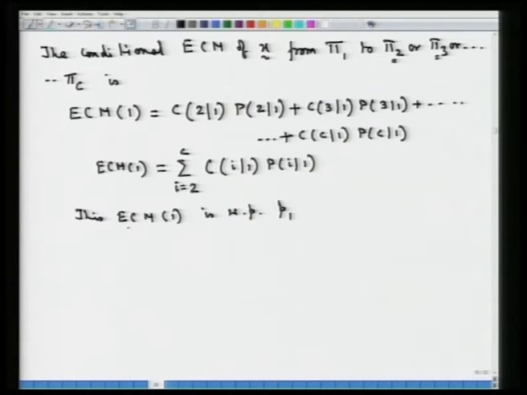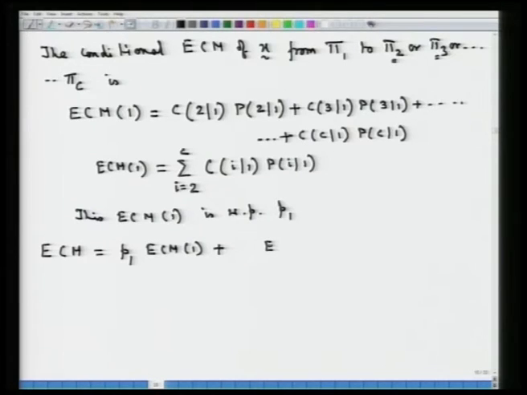So if we have this conditional ECM of x from pi 1 getting misclassified into pi 2 or pi 3 or pi c to be given by the expression that we have written here with a probability p1, because it is from the first population with a priori probability p1, we will have the expected cost of misclassification to be given by ECM 1, the conditional one, with a probability p1, that plus